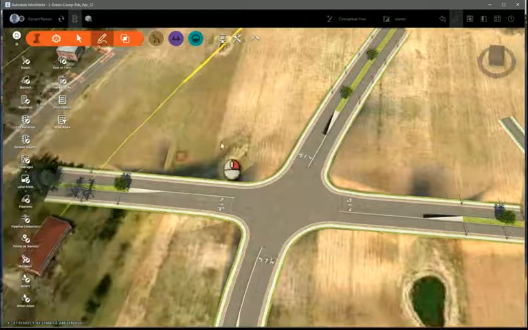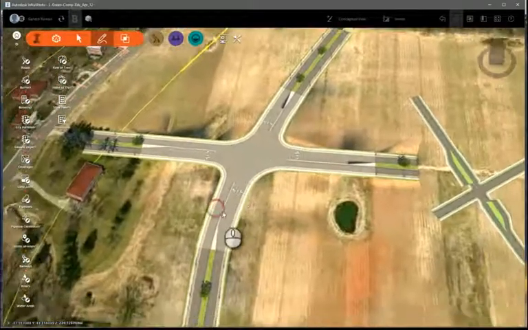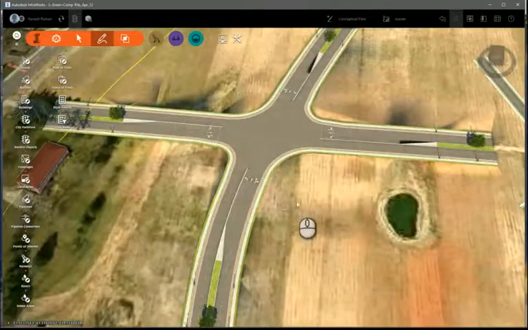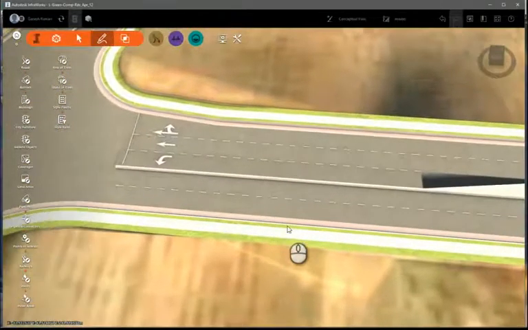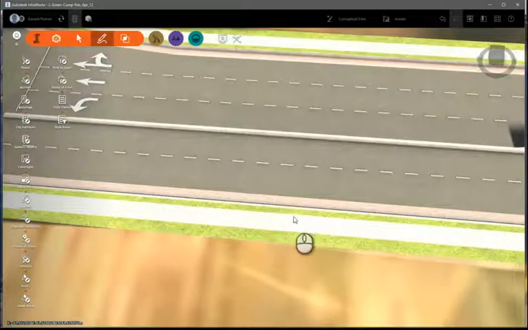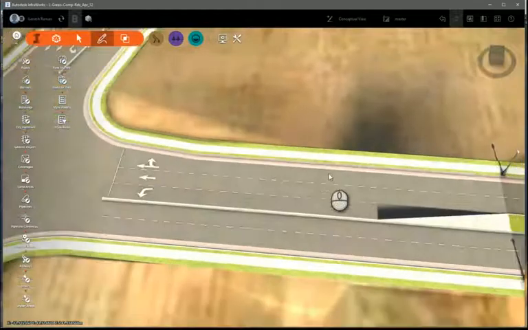So this is the first video in the series to show a dedicated left turn lane. The next videos will show how to configure these other elements of the roadways, such as the sidewalks, the green space, the curbs, and all these additional elements to match